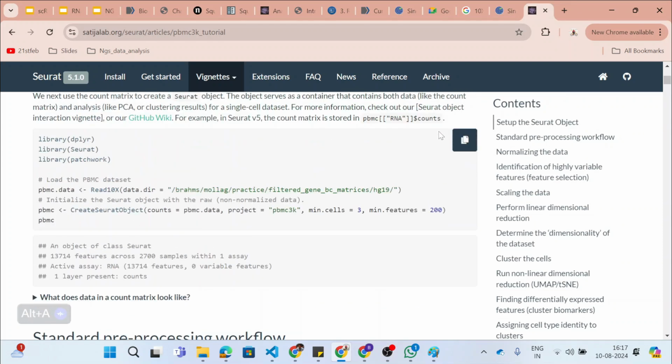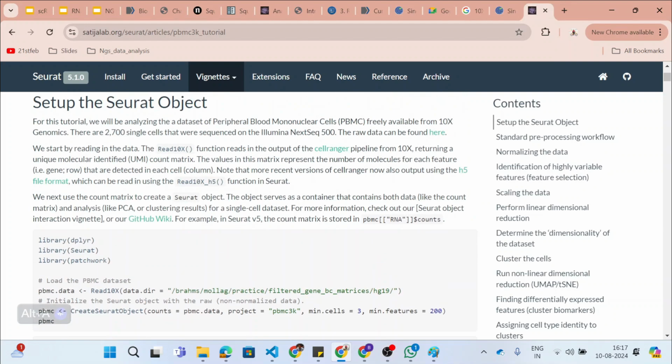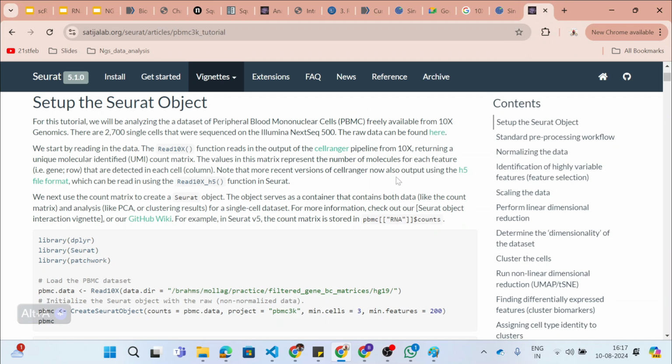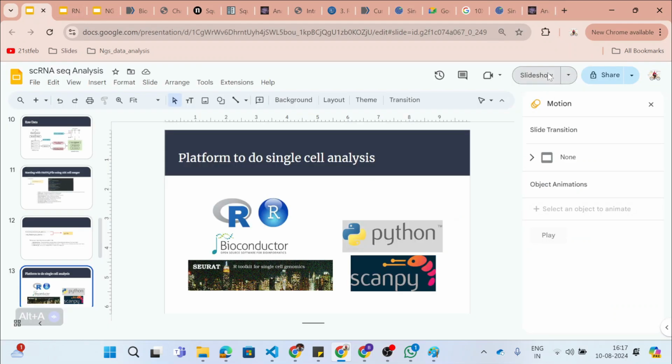But there are also advantages and disadvantages, because there are many features present in R that might not be present in Python, and many modules or packages present in Python that might not be present in R. So people often do both. Let's say some features they try to cover with one platform. If I need to generate some plots from a package that is present in Python, I can do the same thing with Python. Okay, so these are the two platforms we can use to analyze the data.